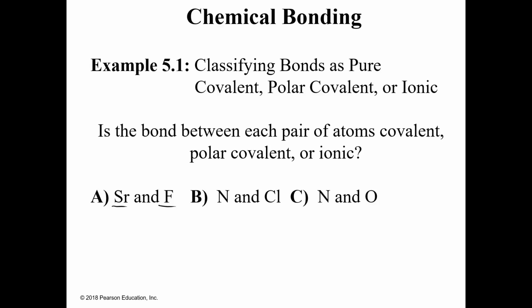And then you have nitrogen and chlorine. Unfortunately, I don't have a periodic table, but I'll just put it up here, right? So you've got nitrogen, oxygen, and fluorine, and underneath, chlorine is here. So you've got sulfur and then phosphorus, right? It's kind of hard to tell depending on the trends, because you have an increase and a decrease, and so for nitrogen and chlorine, it's hard to tell what the difference is. You can look up the difference, but if you had to guess,